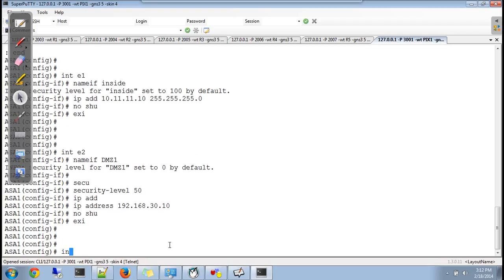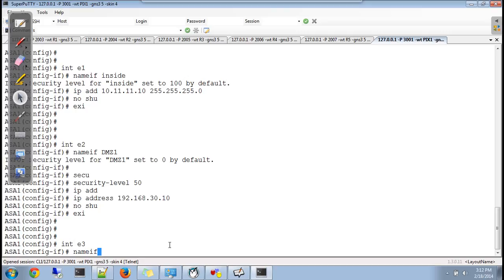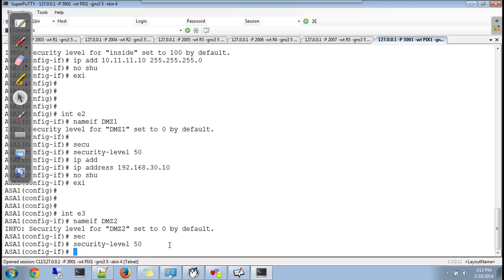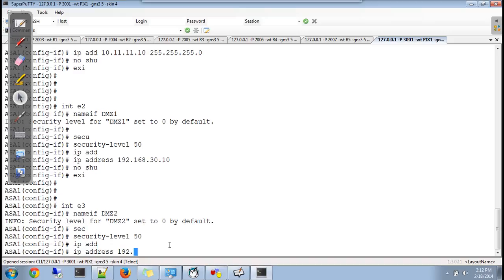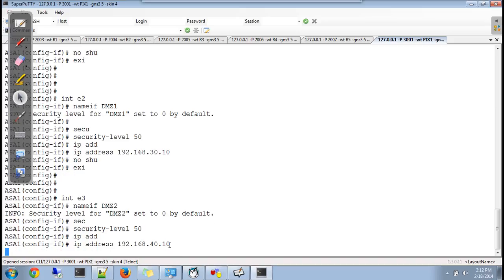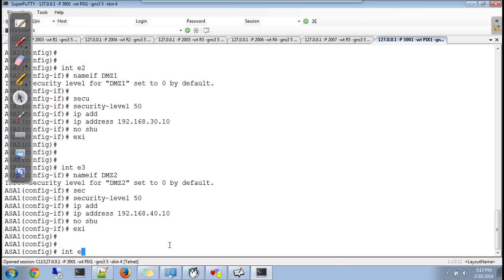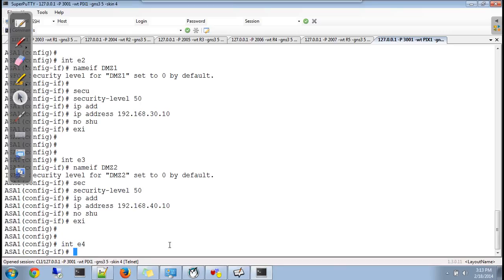Next is interface E3, which is connected to router R4, which belongs to the DMZ 2 zone. So I'll say nameif, security level, again I'll set it to 50. IP address again I'll set to 192.168.40.10 and no shut, exit. Next interface E4 is connected to R5, which is acting as the internet ISP.